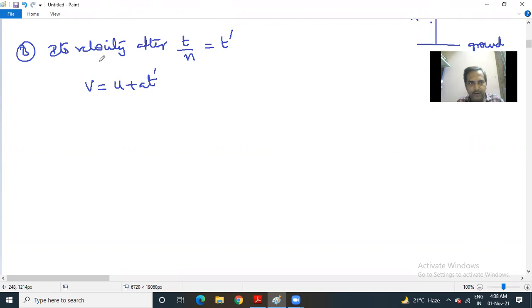So we are going to find out the velocity expression. So v is equal to u, since going upwards, moving under gravity, g is permanently negative, a will be minus g, but t dash is to be taken as t by n. Once you get back, the equation of time of ascent is u by g. So this is the nth part of the time of ascent.